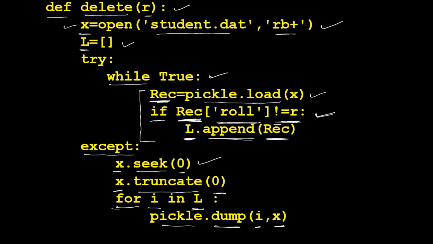So in this loop, all dictionary objects stored in the list L will be written onto the file student.dat one by one.